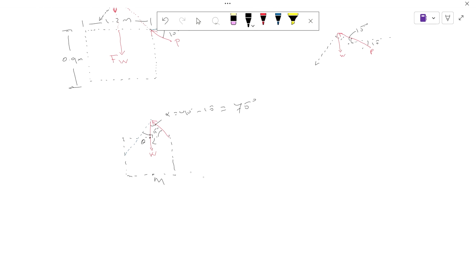All right, so from there, we know that the distance LM really is 0.9 meters. We know that by now. But if we bring that over here, that's L and this is M,